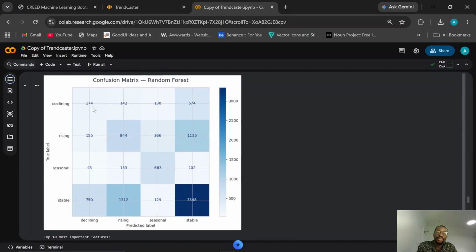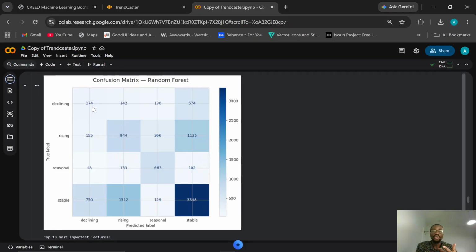It did not do justice to predict all the classes well, but it was considerably better than the logistic regression. That's why it is very important that when you are evaluating your models, you don't only evaluate on accuracy. You can use accuracy, precision, recall, F1 score, and the receiver operating characteristic area under the curve, ROC AUC curve.